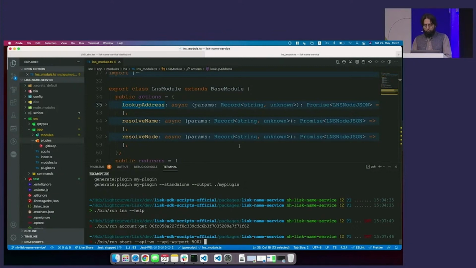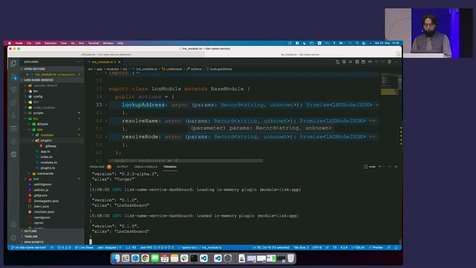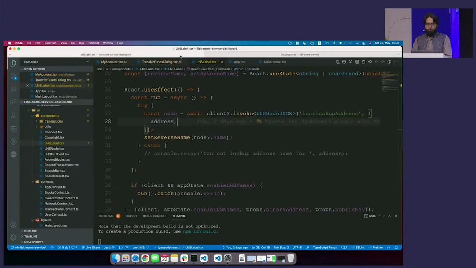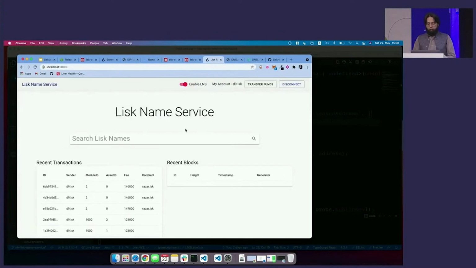So I need to start with the WebSocket because our UI is using the WebSocket. I'm specifying some particular WebSocket port as well. So my application started running. Here I also have my UI running. So I go here and explore it further. So here is the UI which is running right now, which provides me all the features of the use